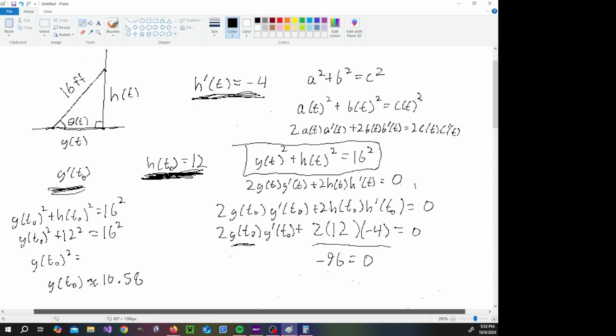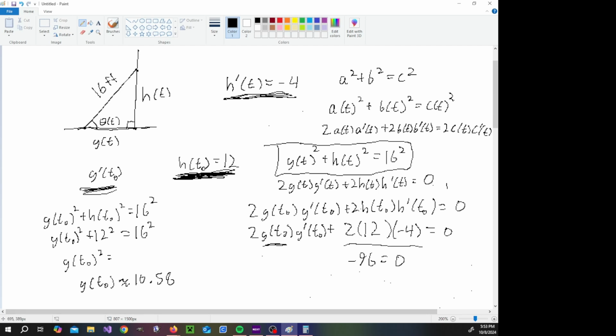And we can go ahead and plug in 10.58. So we can move the 96 over, so that I have g prime of t naught times 2 times 10.58 should be